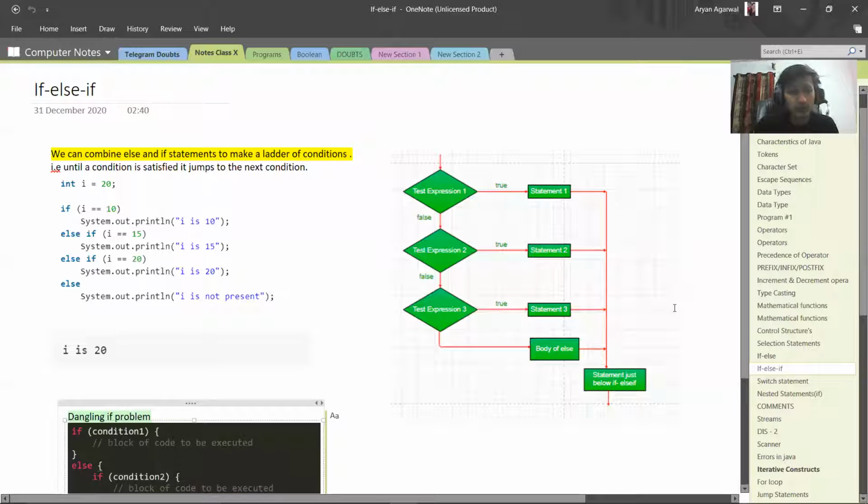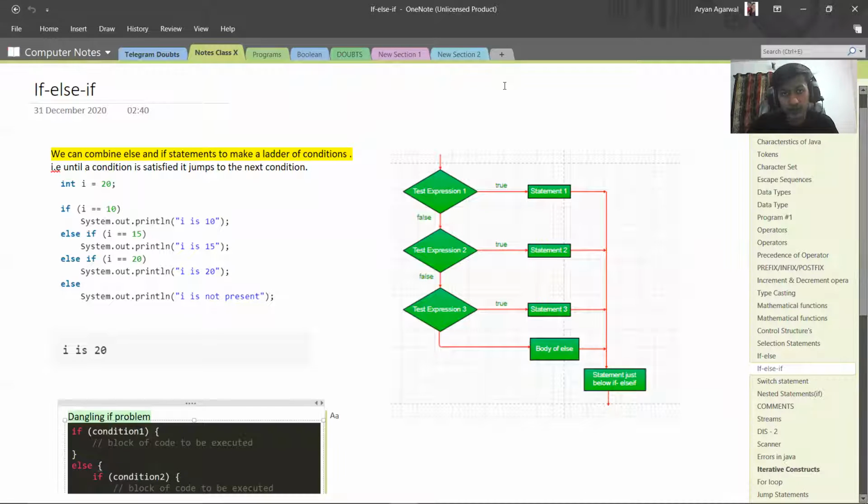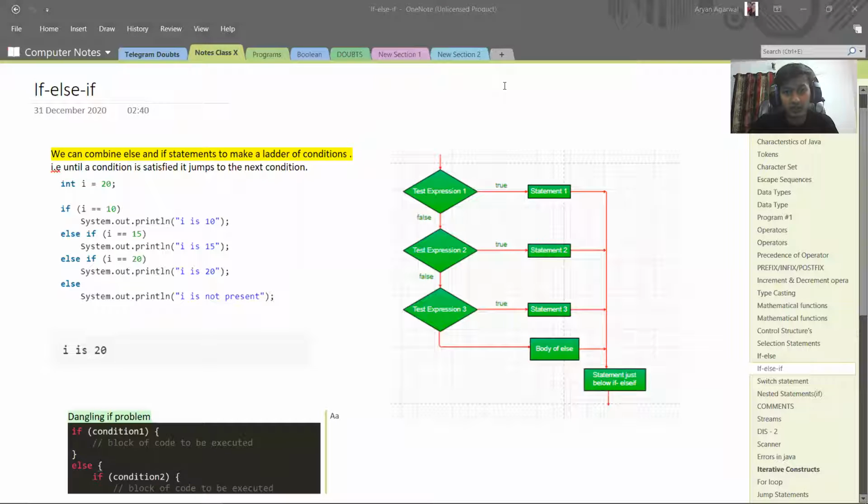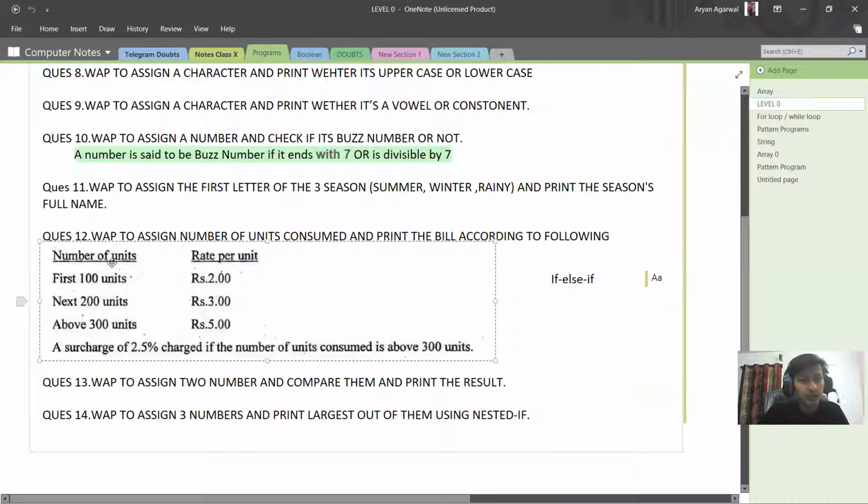So yesterday we all saw if, else if, switch statement, and nested if. Right now we'll make a program on if else if. I'll take a pattern, a question that came in boards. Everyone, just read the